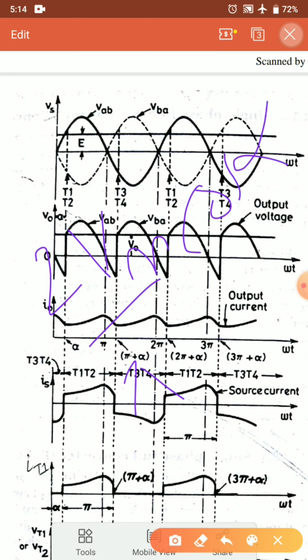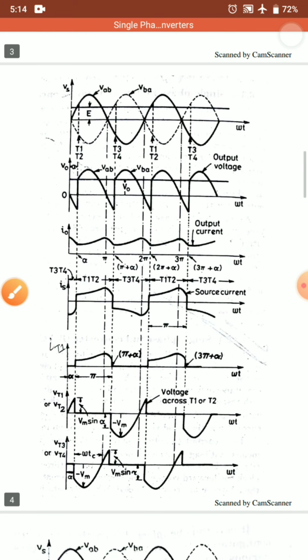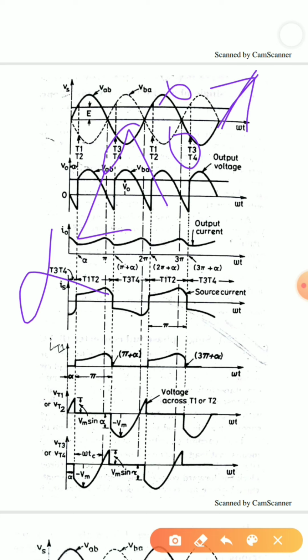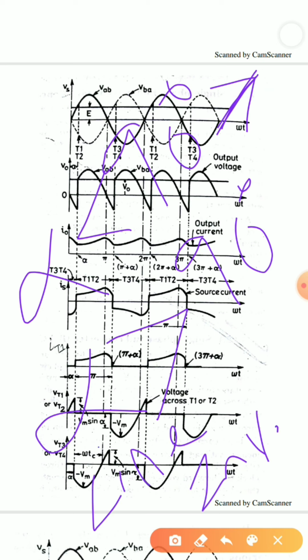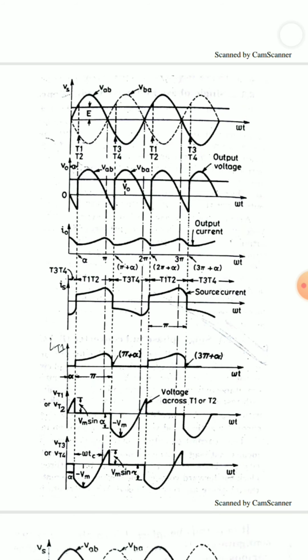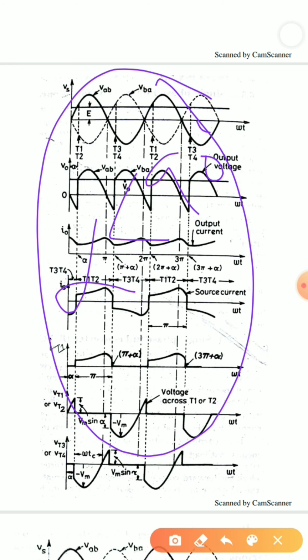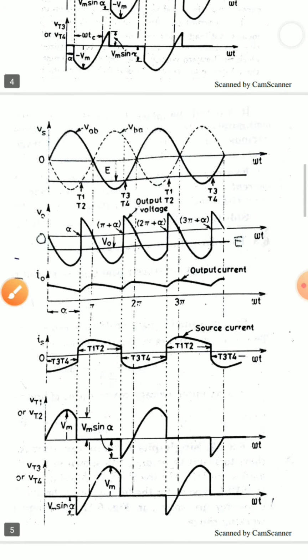Now if we look at the expressions that we are getting for the midpoint converter and for the bridge converter, both are almost the same. When I am talking about full converters, there are two different modes of operation. When my firing angle is less than 90 degrees, it works like a converter, and when the firing angle is greater than 90 degrees, it behaves like a line commutated inverter. So now let us look at this waveform. This waveform is for when the value of alpha is less than 90 degrees.